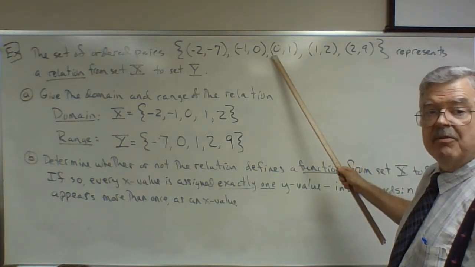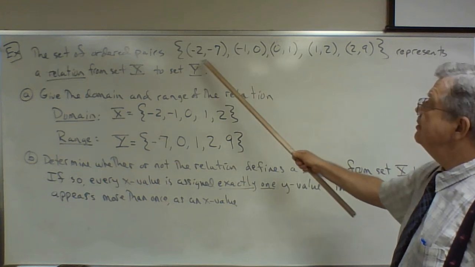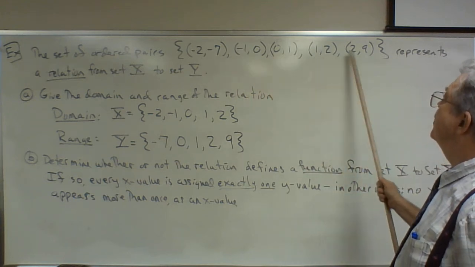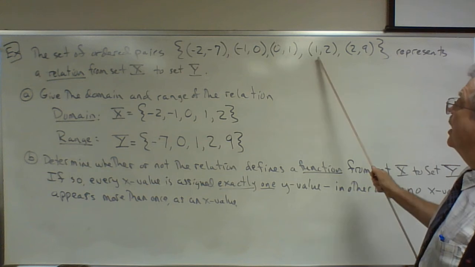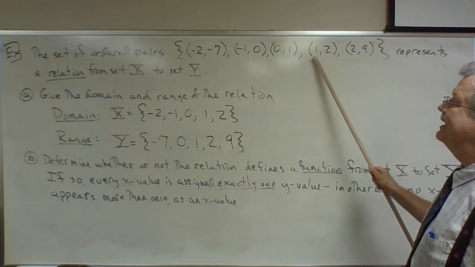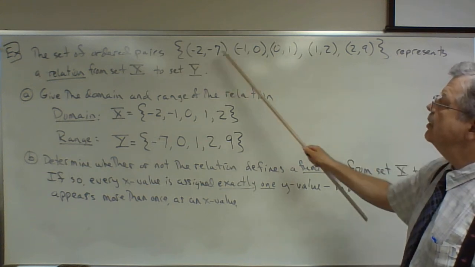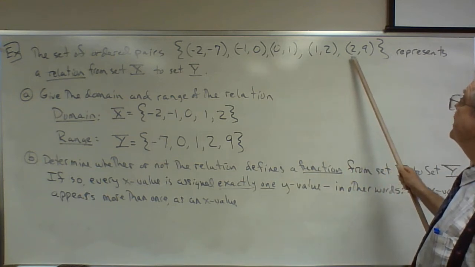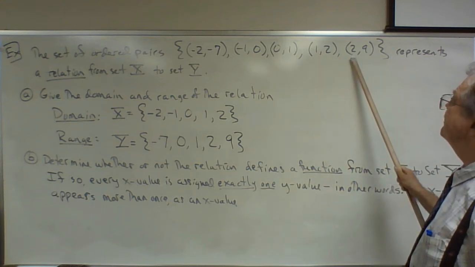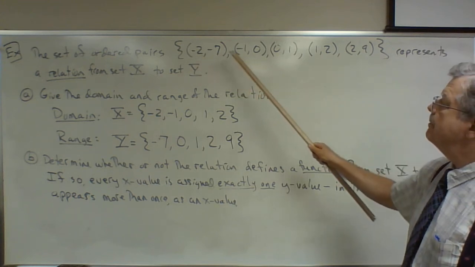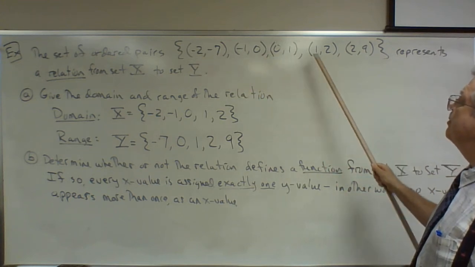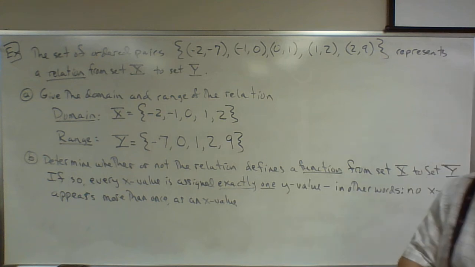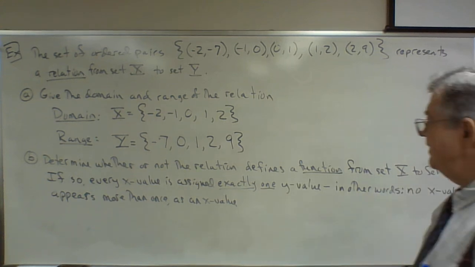Does 0 appear more than once as the x value? No. 1, does that appear more than once as an x value? No. 2, does that appear more than once as an x value? Nope. No x value